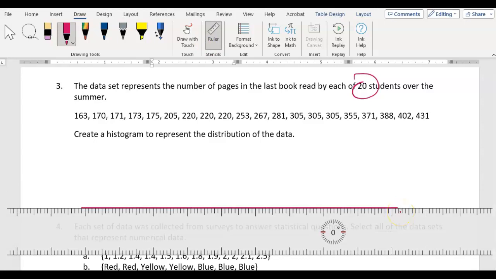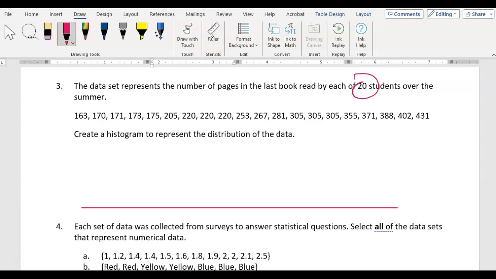And it looks like I have 160 to 400. So I'm going to break this up into hundreds of pages. I think that will work for this. You can decide how you want to do that. Actually, let's break it up into